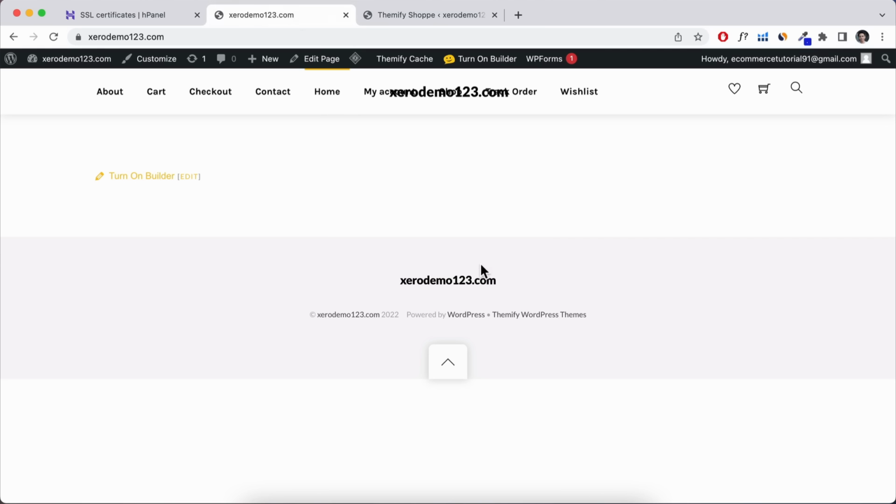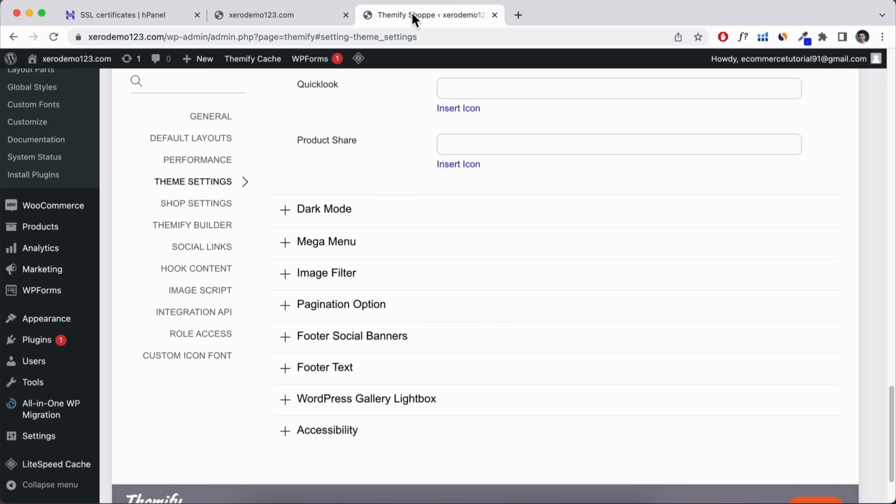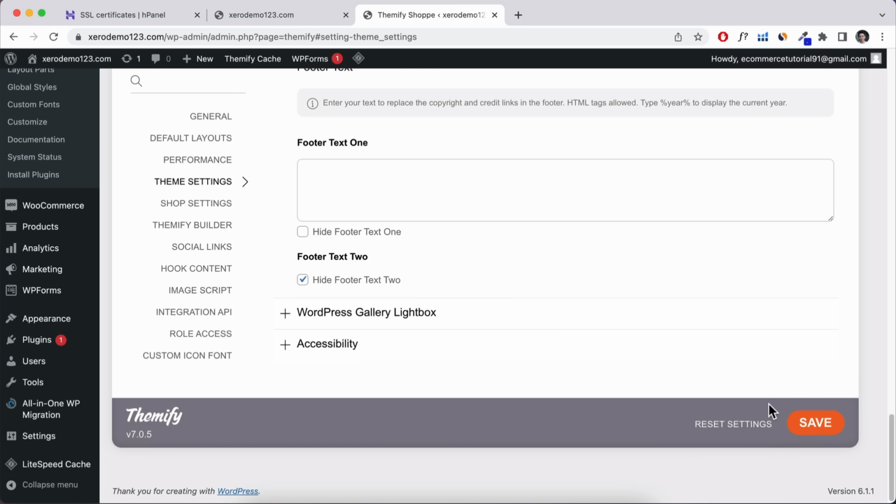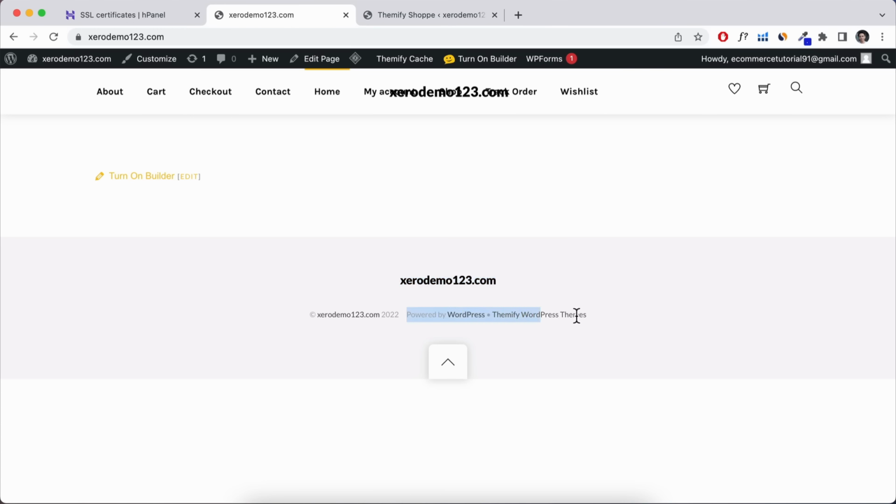The thing that I want to do is I want to remove powered by WordPress, and I want to remove my logo from the bottom section here. So let's go over here, go to footer text, and I'm going to hide the footer text too. Click on save, and that's basically going to remove this section over here. Okay, so click on refresh,